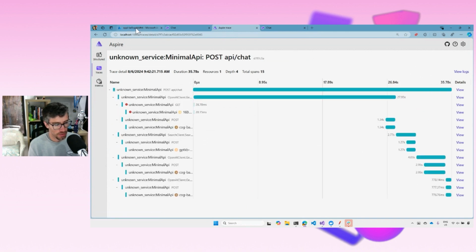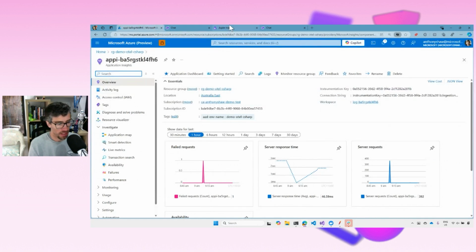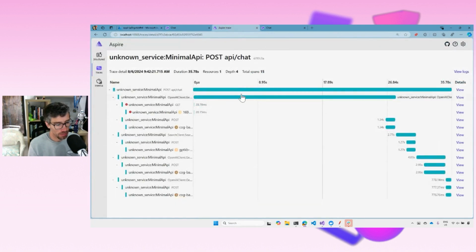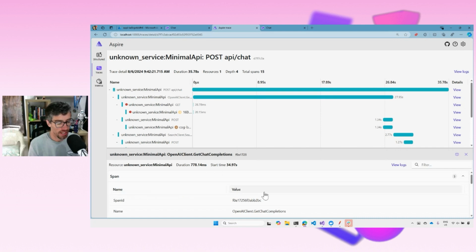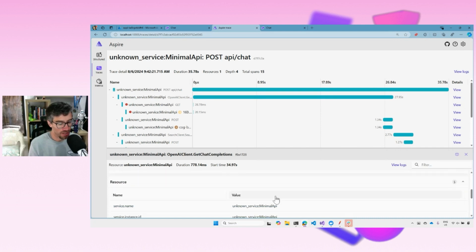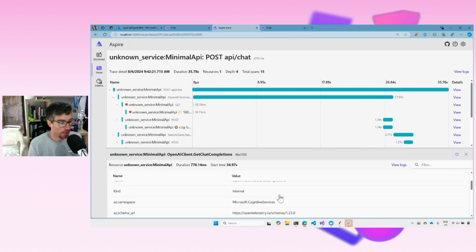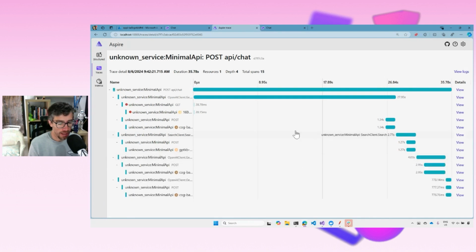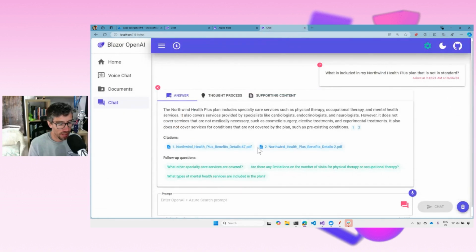So the same information that I saw earlier in Application Insights is available on this local Docker image that's running the .NET Aspire dashboard. Locally on my machine, I can see all my backend calls. I can see the OpenAI calls, the chat completions, all the attributes, the configurations, everything like that is available just locally on my machine. And I can capture and play around with my application.